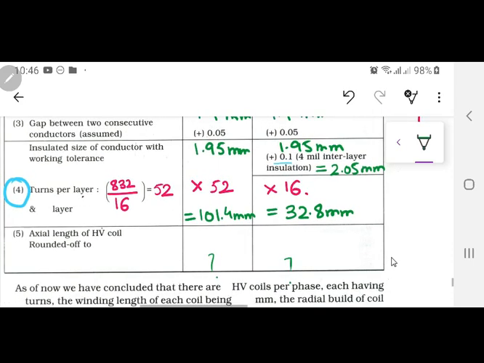Okay. Axial length of the high voltage coil. जी, यहां पे हम किससे मल्टीप्लाई करेंगे? This is very important. अच्छा, now here अभी तक मैंने टोटल लेंथ नहीं निकाली, ये एक कॉइल की बात हो रही है. So the whole one coil length, just round it off equal to 102 mm. ये भी एक कॉइल की लेंथ निकाली है. This is just one coil length.